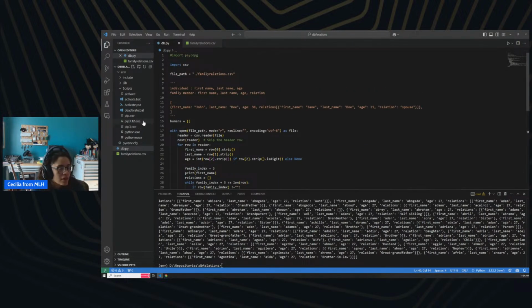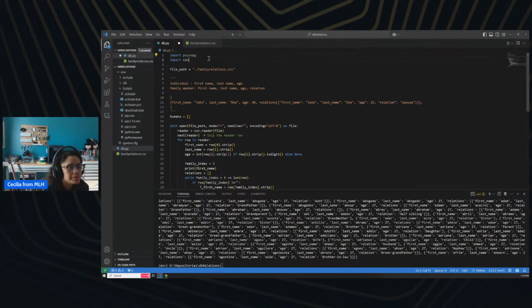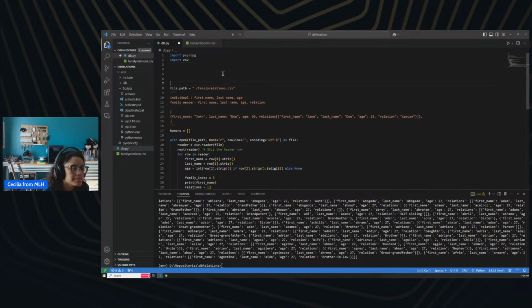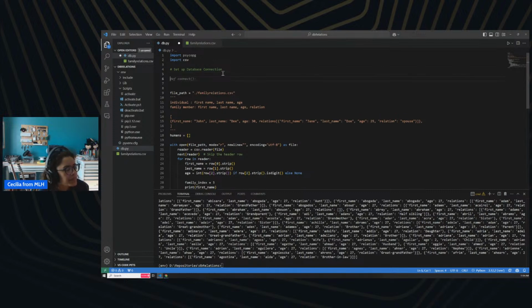So we're going to go ahead and we're going to go create those tables. So we need to do a little bit of setup for Postgres. And so this file path is up here for now. We'll deal with that later if we have time. But we can now move on, where we're going to do this here. Set up database. Actually, let's just use normal comments. I never remember the PEP requirements. Anyway, so